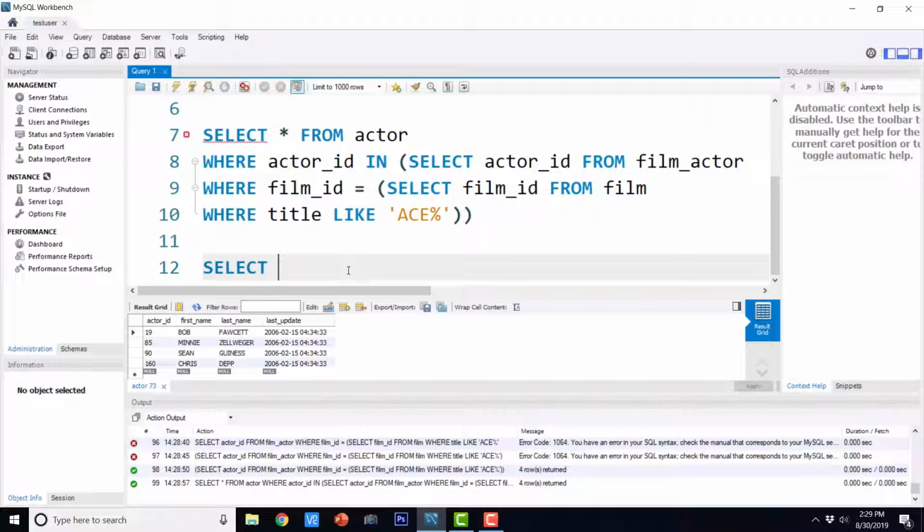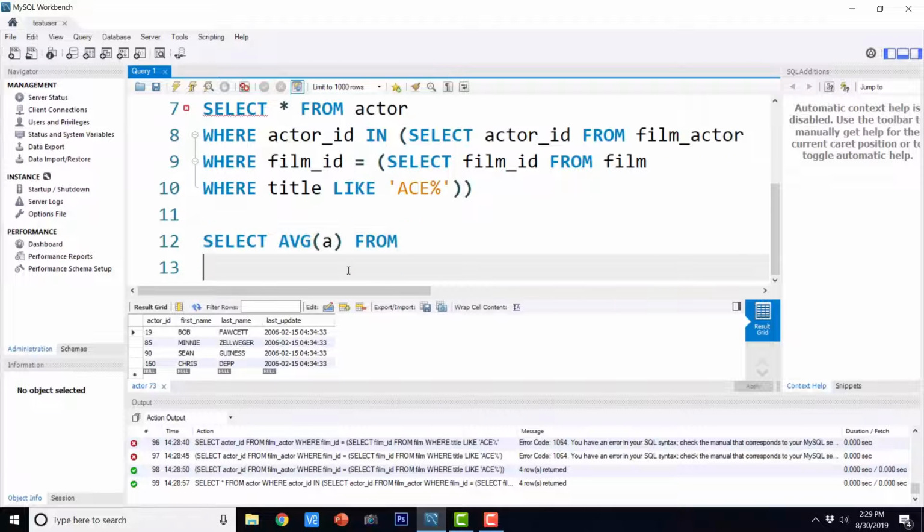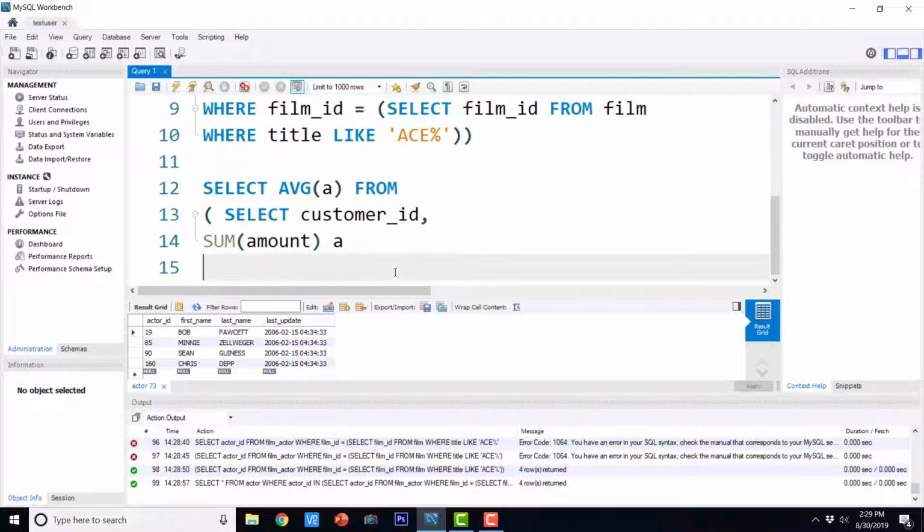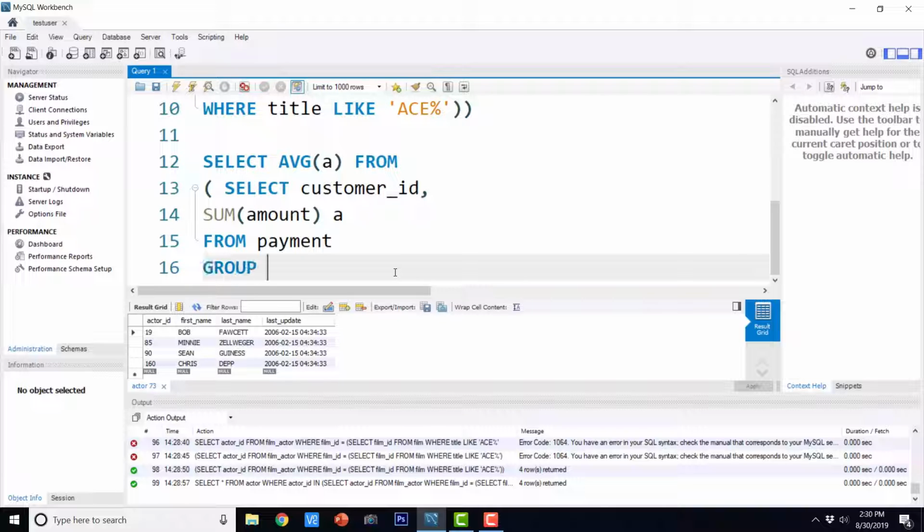Select AVG of A from select customer ID, comma, sum amount A from payment group by customer ID as totals.